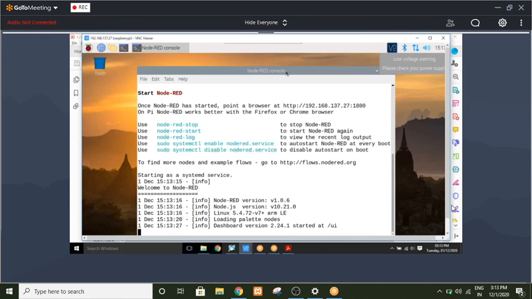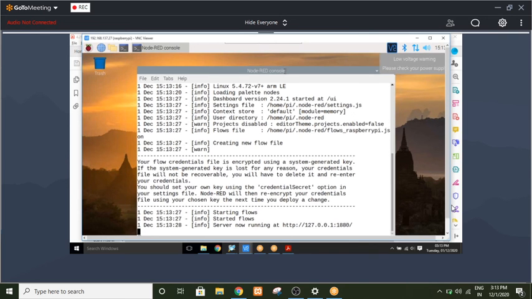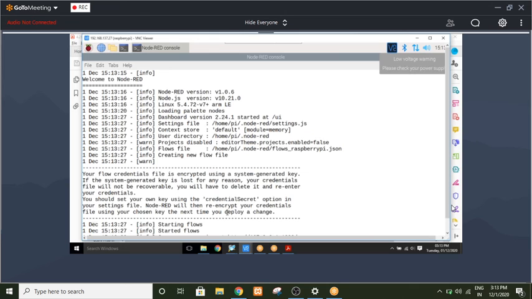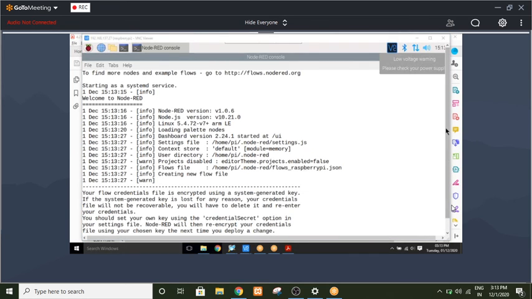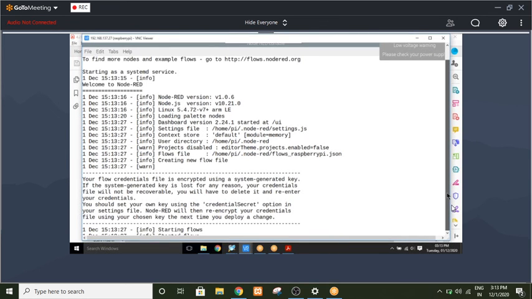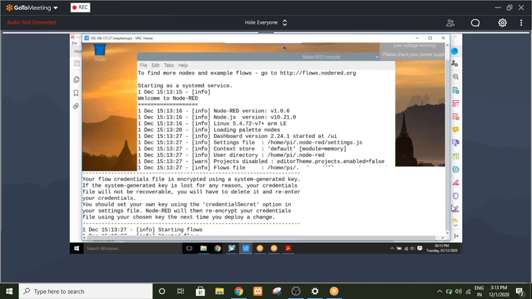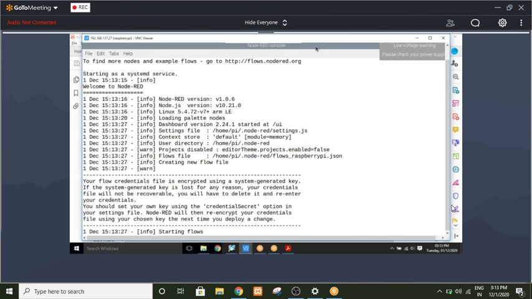So check why I am waiting. I want the server to completely start. If you do not wait for the server to start, you're not going to get anything. Now check, the server has completely started and it is now in stable mode. Now, to let the server be running in the background,